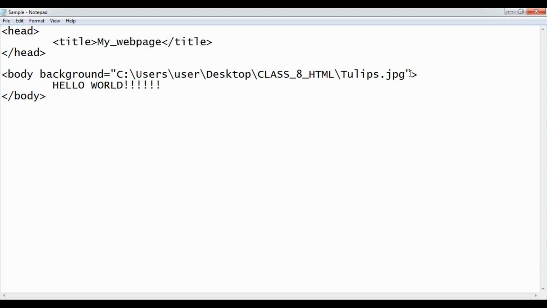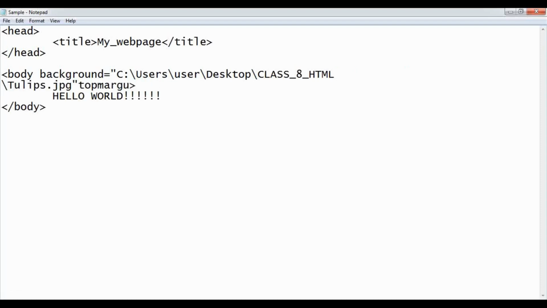All these attributes can be written within the body tag directly. So once the background is written, its attribute is given, then you can write the next attribute, that is the margin. So let us start with the top margin and give its value in numbers.